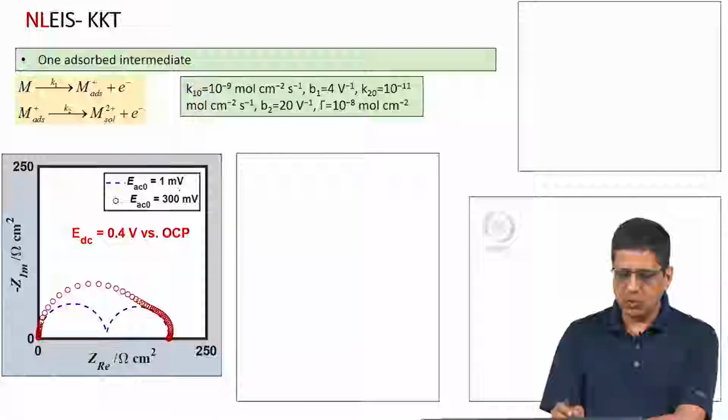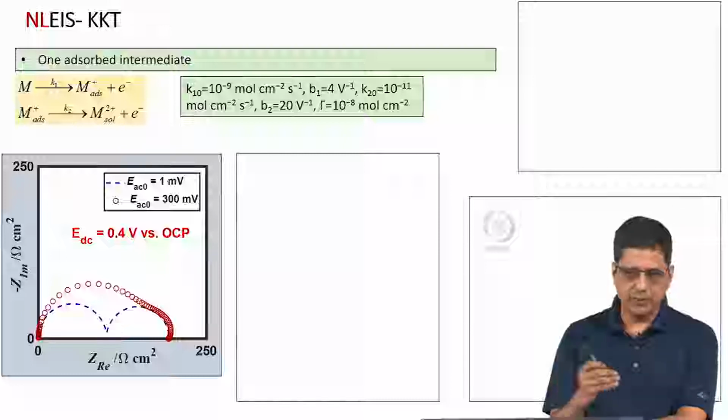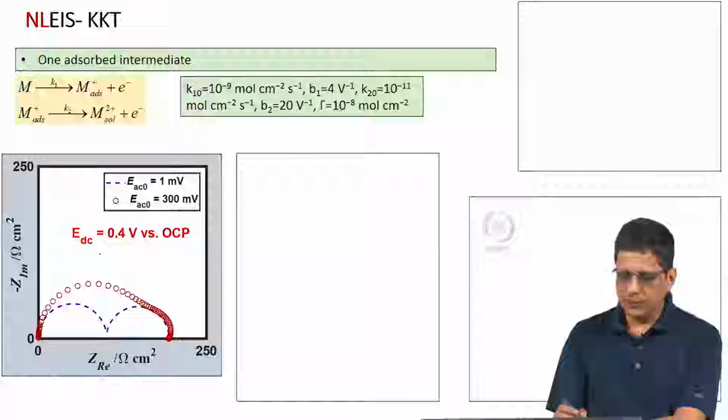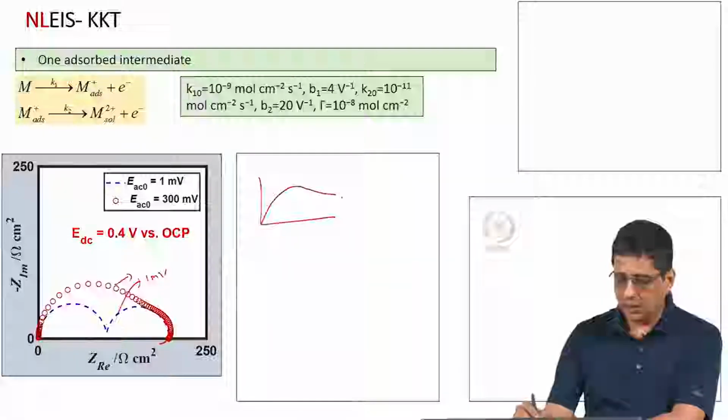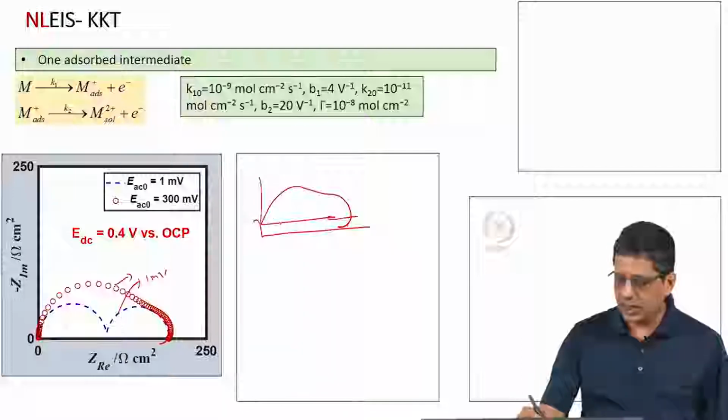and in that case if you use 1 millivolt, it is definitely in the linear regime. If you apply 1 millivolt perturbation, 2 millivolt perturbation and compare the spectra, they will overlap, and if you apply a very large perturbation, 300 millivolt, the spectra that you get are like this. 1 millivolt shows clean, well separated 2 semicircles. This 300 millivolt shows sort of 2 semicircles overlapping, and in fact this turns to the right somewhat like an inductive loop, in an exaggerated fashion.